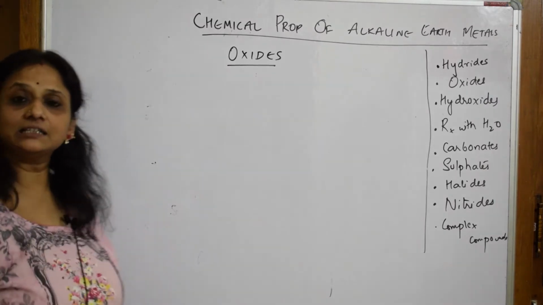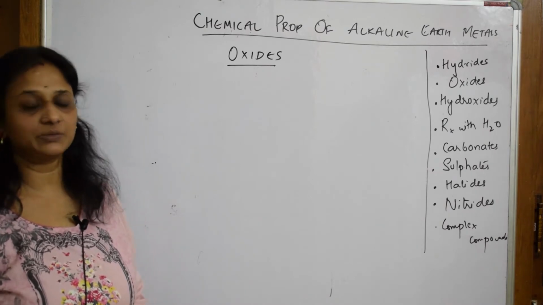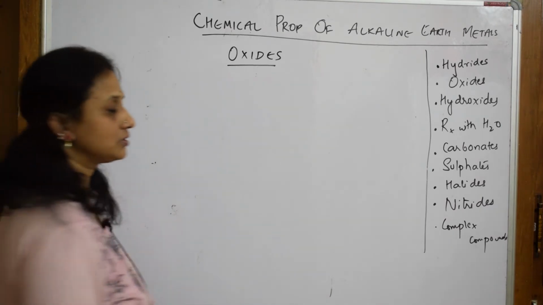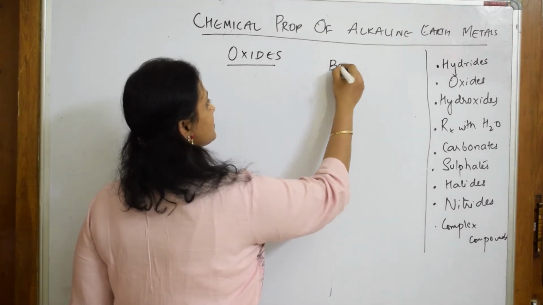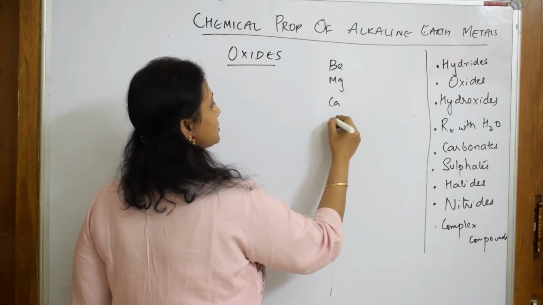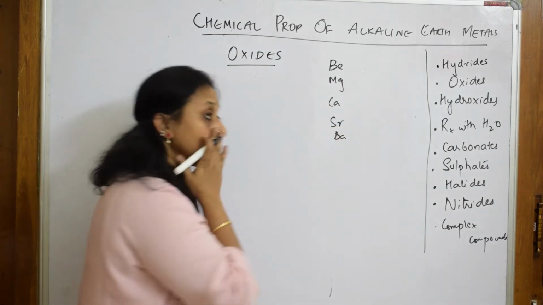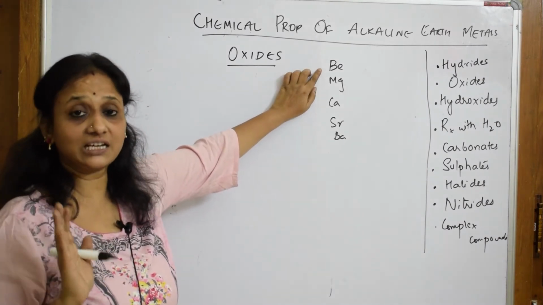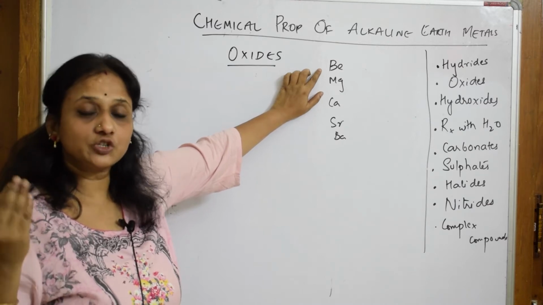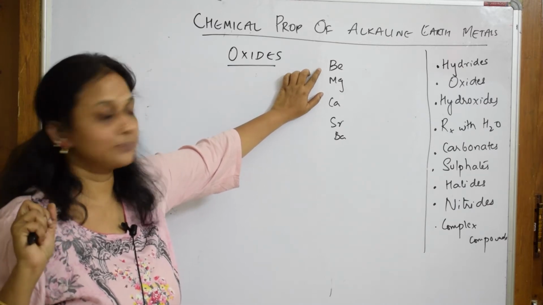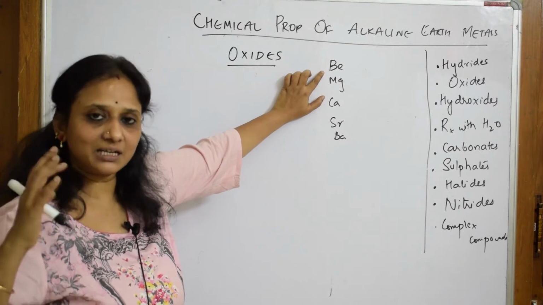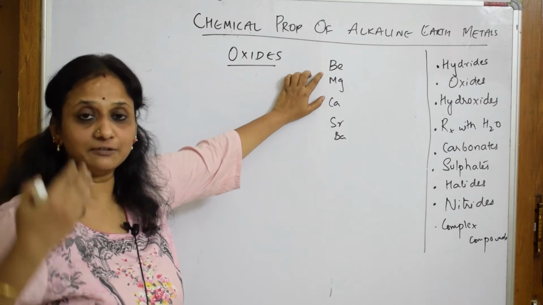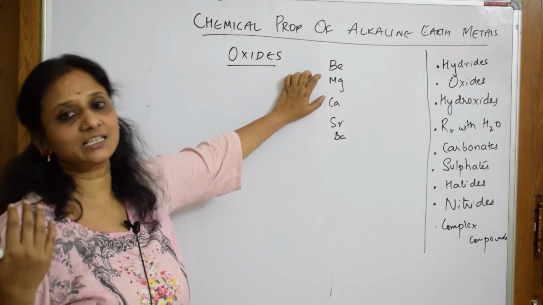Let's come back and learn about the oxides of alkaline earth metals. When I speak about the oxides, we very well know the elements are beryllium, magnesium, calcium, strontium and barium, right? Beryllium is kinetically inert towards oxygen. We need to supply certain conditions, then only it will react. Why? Because an oxide layer forms on its surface. That's the reason it is chemically inert, right?